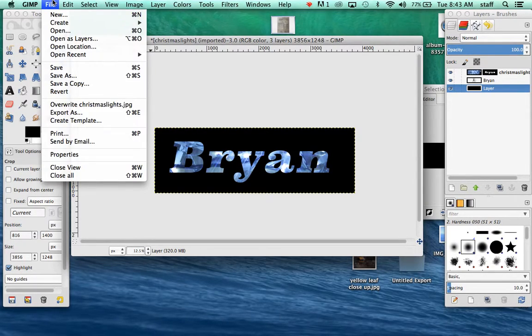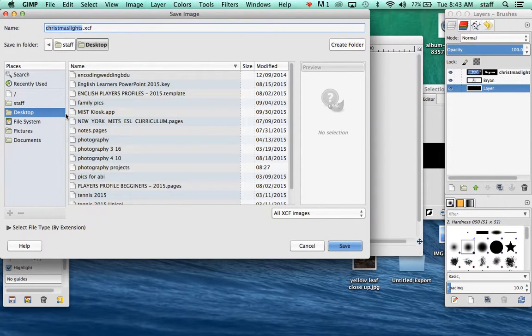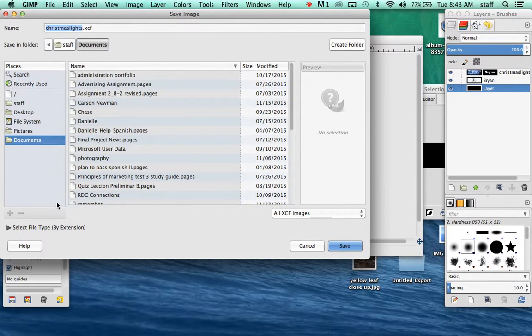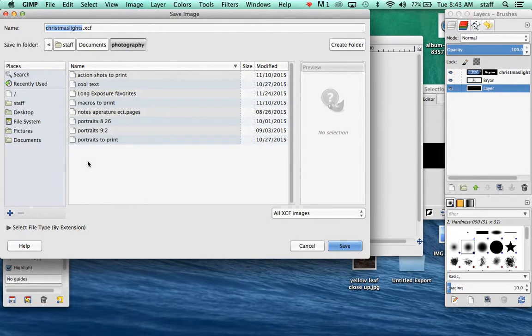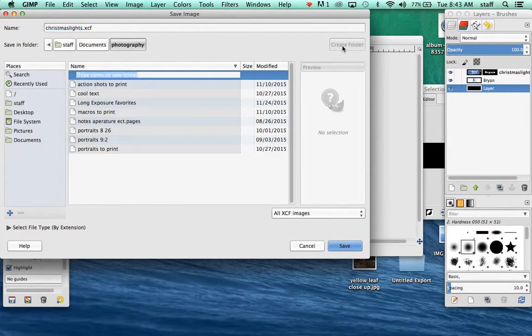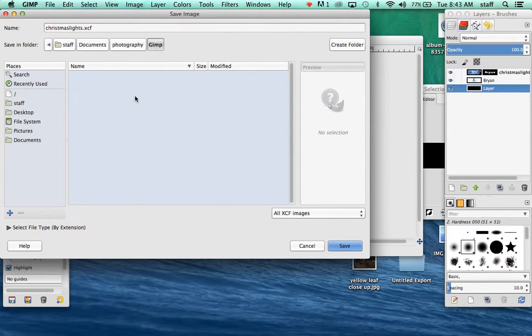So go ahead and save this. Go to File. You can save it as a project, and then we'll probably want to export it. So go to Save As. So somewhere under Desktop or let's do Documents. I've already got a folder, Photography. Let me see if I can right click. Alright, up here, create folder. So I'll create a folder for Gimp, and inside Gimp I'll just do Christmas lights. I'll do name Christmas lights